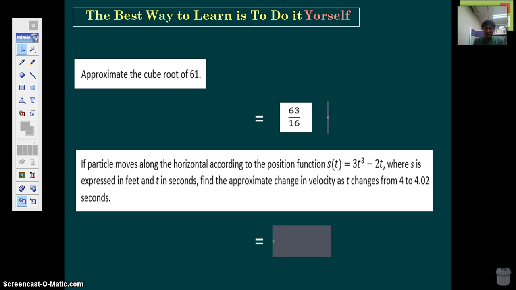And then the next problem, this involves rate of change. So you get this